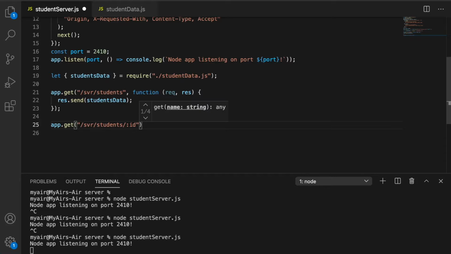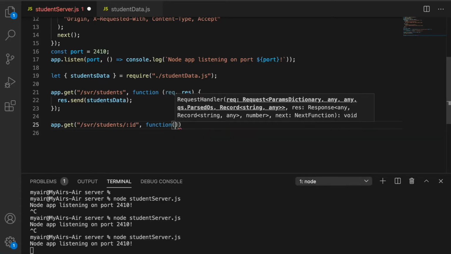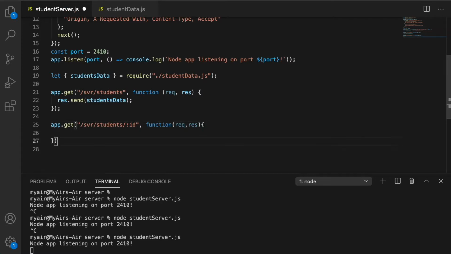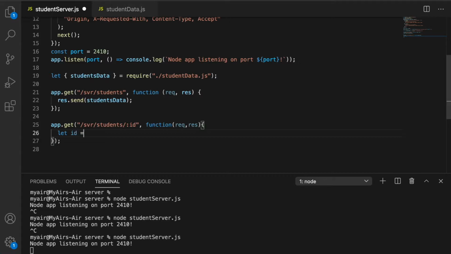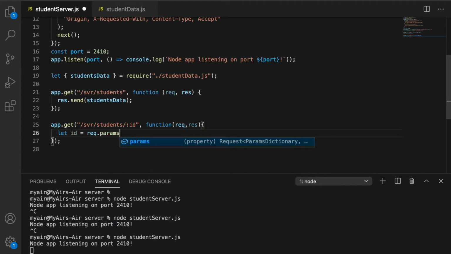So this is how we get our route parameters. So these are referred to as route parameters. Function request comma response. First, let's get our ID. Let id is equal to request.params.id. So this will give us the ID.